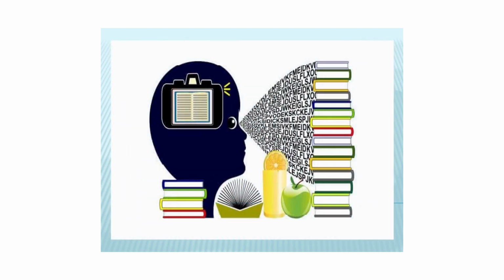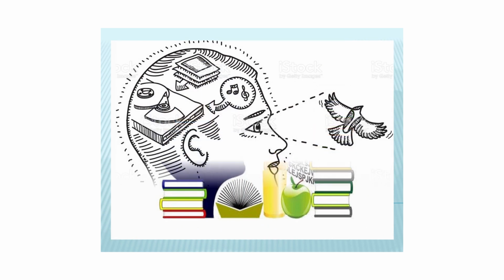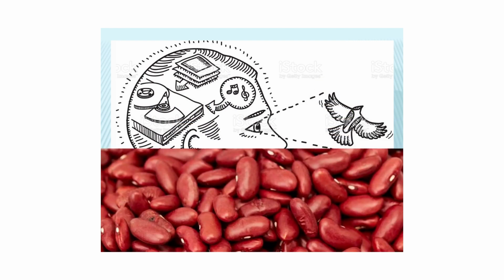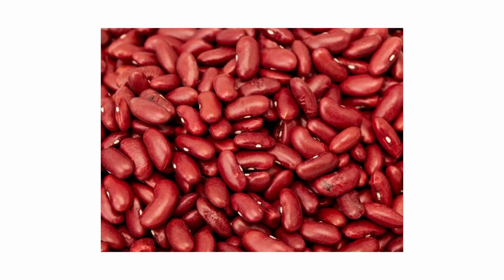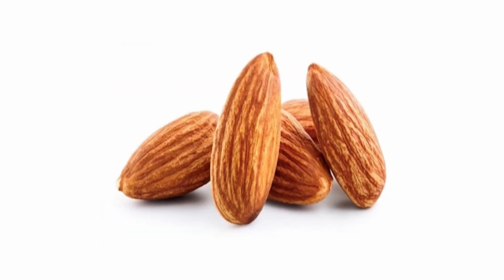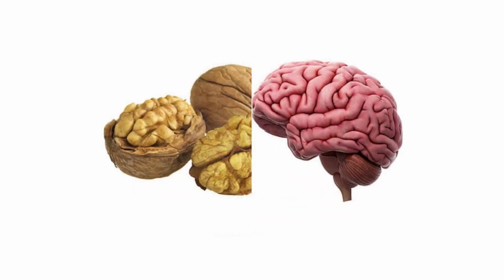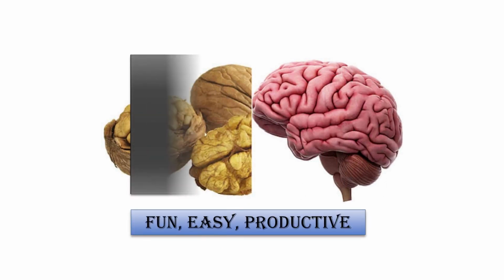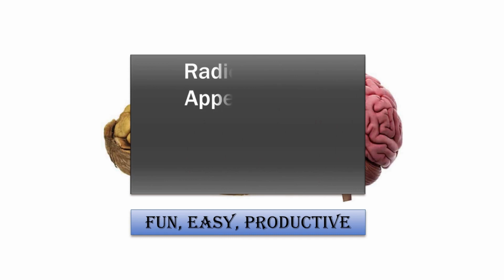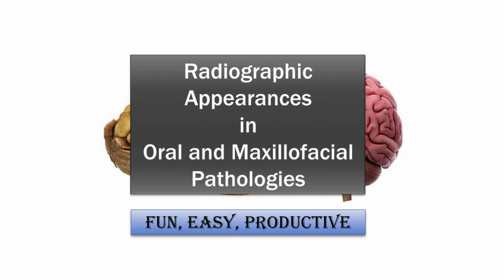The human brain perceives objects through eyes. To compare and contrast then is but obvious. It's easy to describe the bean-shaped kidneys or the almond-shaped eyes, walnut-like grooves on the brain. Teaching and learning then is fun. It's easy. It's productive. I devised this video to compare various radiographic features to real-life objects like the spokes wheel or